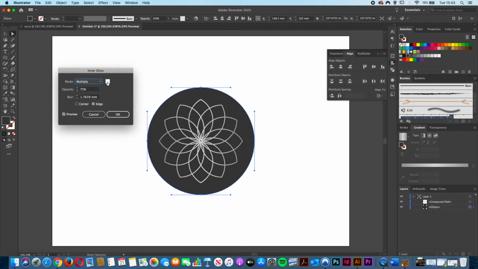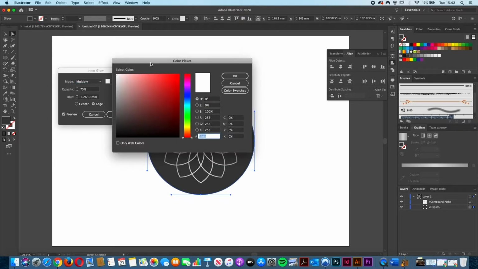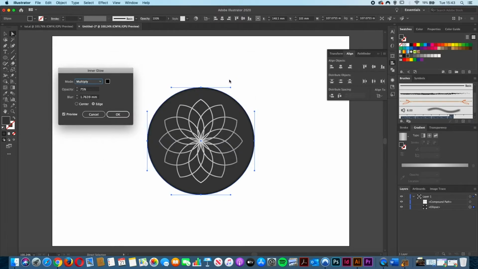So I'm going to click on this white box here, and that will open up the colour picker window, and I'm going to go with a basic black, nice pure black, and then left click OK. And already we can see a very thin faded dark ring going around our background circle. So I'm going to lower the opacity to 15%, make it nice and subtle. And then the blur